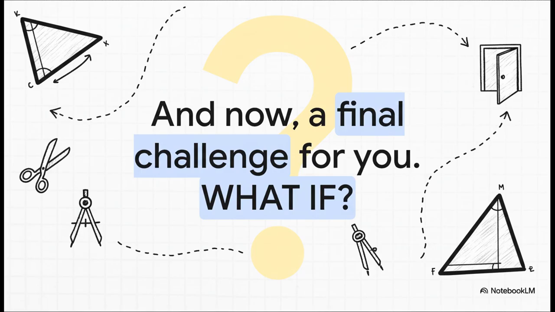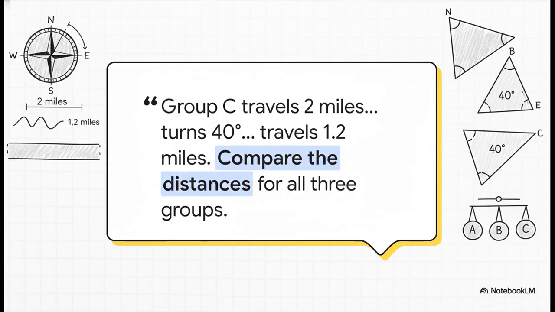So, we've seen the theorem, we've seen the converse, and we've seen it solve a real-world problem. To really make sure this concept sticks, I've got one last little challenge for you to chew on. A little what-if scenario. What if we add a third group, Group C? They do the same thing, 2 miles, then 1.2 miles, but their turn is 40 degrees. How would their final distance from camp compare to Group A and Group B? Think about the angle you'd have to figure out for them and where it would slot in with the other